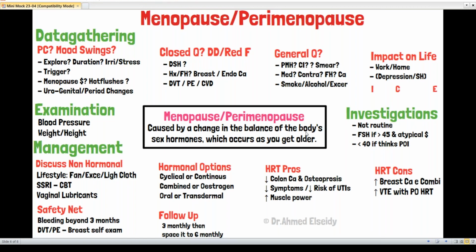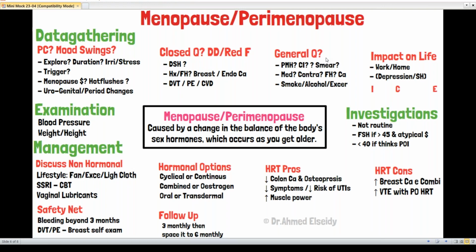It is 51. Okay. So my colleague doctor who did the station, you mentioned wrong numbers, by the way. You mentioned 50 to 55, and actually the average age of menopause in UK is from 45 to 55, and the average number is 51. So when do we need to do a blood test? If someone is coming now and is from 45 to 55, she is in the expected age of menopause and she is coming with typical symptoms. So no need to test for menopause because this is expected in this age.